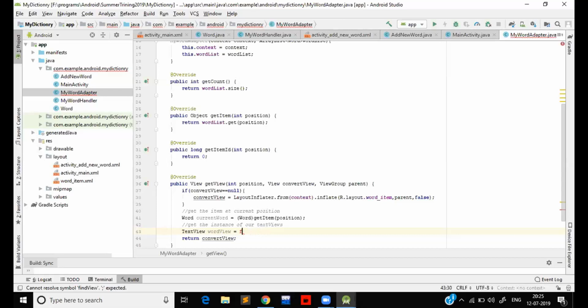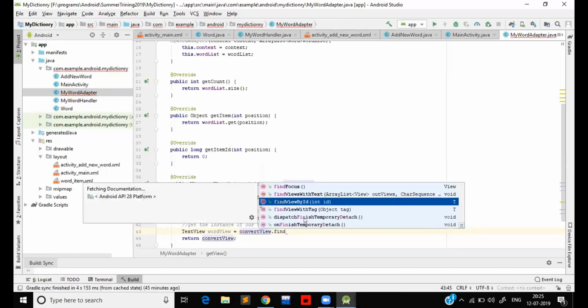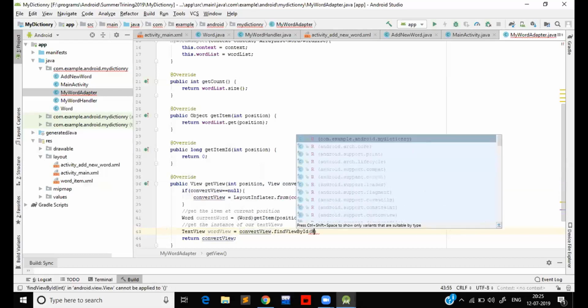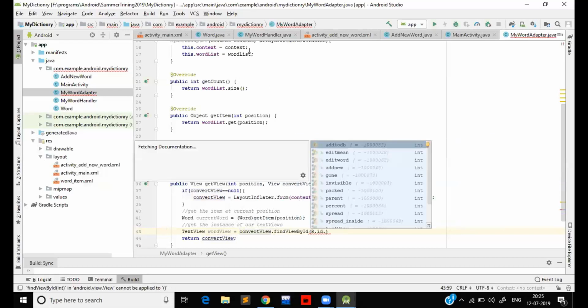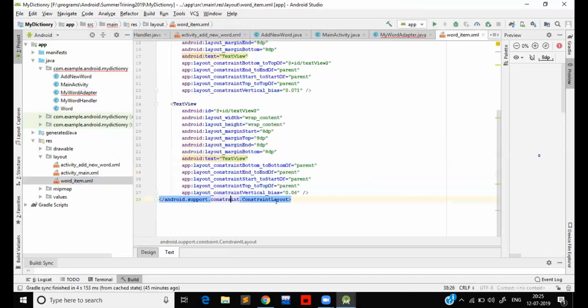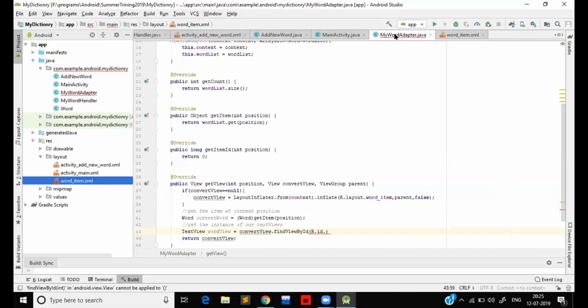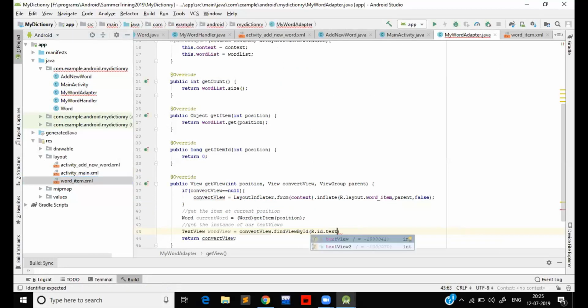Okay, instead of calling find view by id directly, we need to call it by the convert view object. So convert view dot find view by id. Now we have to pass r dot id dot. Now what are the IDs that we have to pass? Those IDs are in the word item dot xml file. Okay, the IDs are text view and text view 2. So let us get back to word adapter. R dot id dot text view,